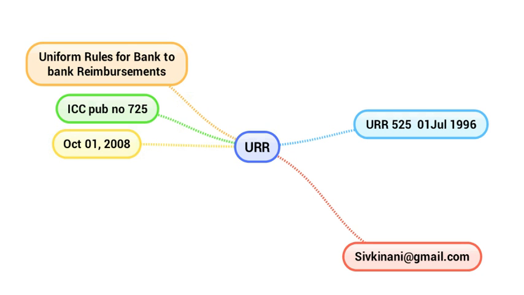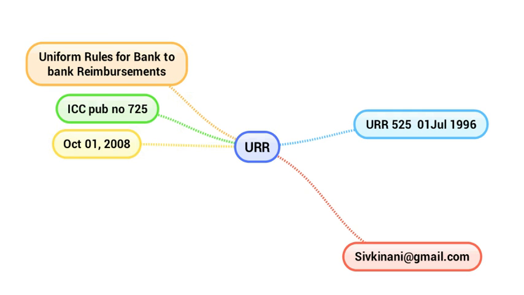Today we shall talk about URR, an important component of settlement payment for international trade. URR is Uniform Rules for Reimbursements. The full name is Uniform Rules for Bank-to-Bank Reimbursements. It's a guidance note published by the International Chamber of Commerce under reference number 725, and the latest version is